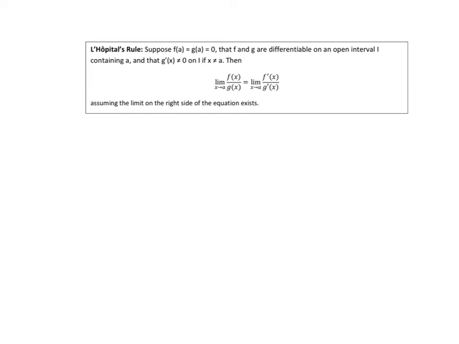Okay, let's break this down and put it into English. The point of this is we are going to be looking for this limit. And we're saying that if you plug in a to the top and the bottom and you get 0 for both of them, that's what this f of a and g of a being equal to 0 is all about. If that's true, then the limit is the same as if you take the derivative of the top and the